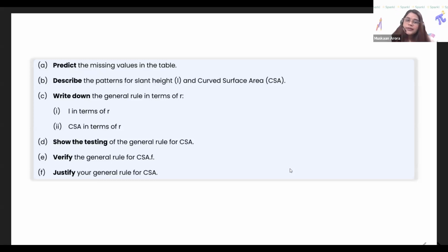When you would do that using the sequence, you will obviously get it in terms of R because you will be finding a sequence for curved surface area in terms of R. But when you want to justify it, you will not be using the sequences. You will be using L is equal to something times R and then plugging it into the formula. So you can use the different relationships present in the question. You can use a geometrical approach, as Ria said, something based on areas or something based on volumes that can be used to explain the final outcome that you have.